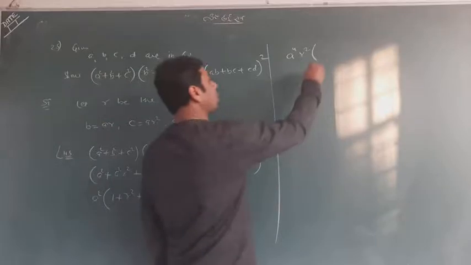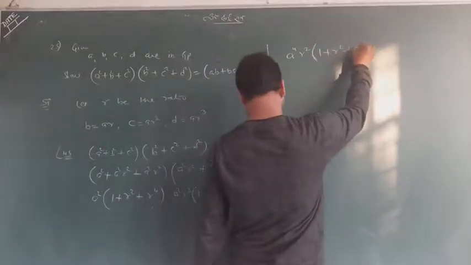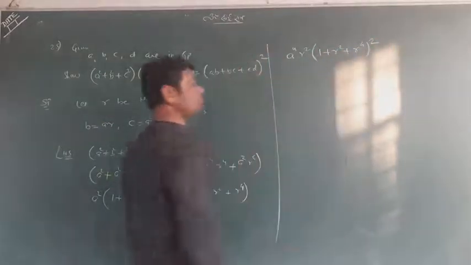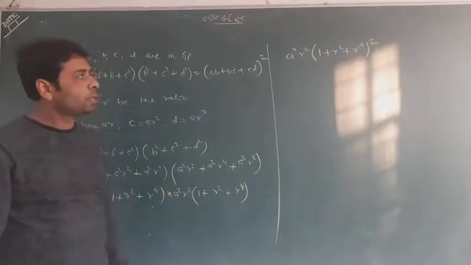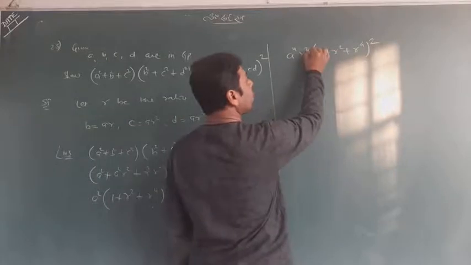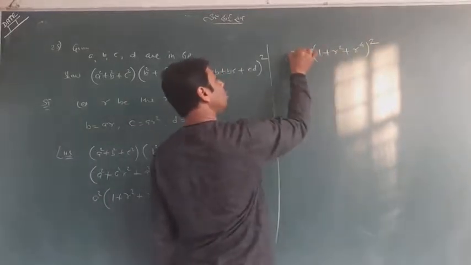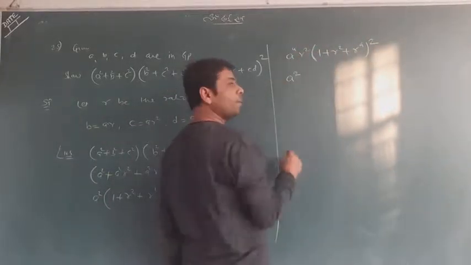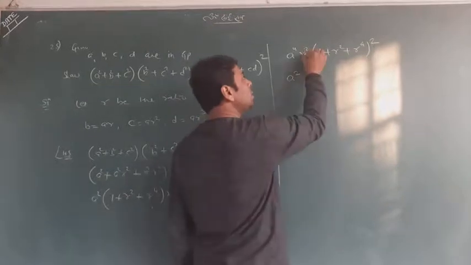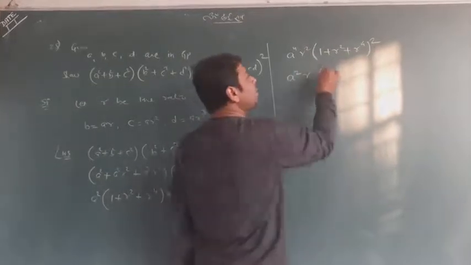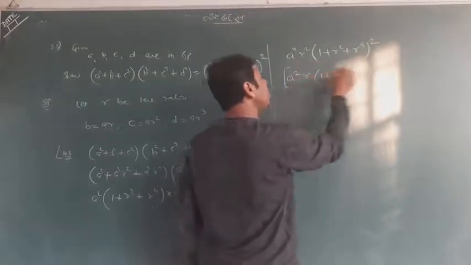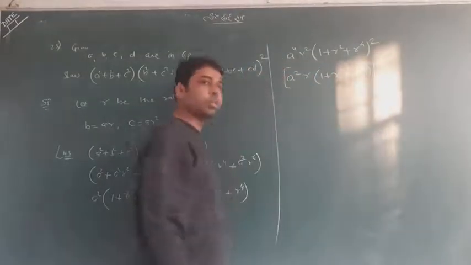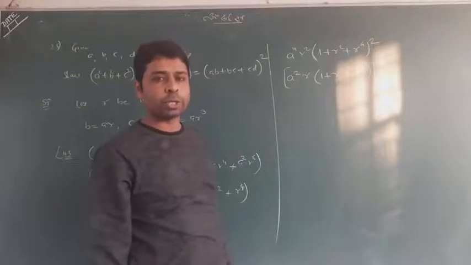It will be a complete square. It is a complete square. It was our multiplication, so all terms will multiply. Now what do you think about this? This is a square, this is a square, this is a to the power 4. So I would write it as a square, and this is alone r, and this is 1 plus r square plus r to the power 4. And I'll make a whole square of each and every term, like that.